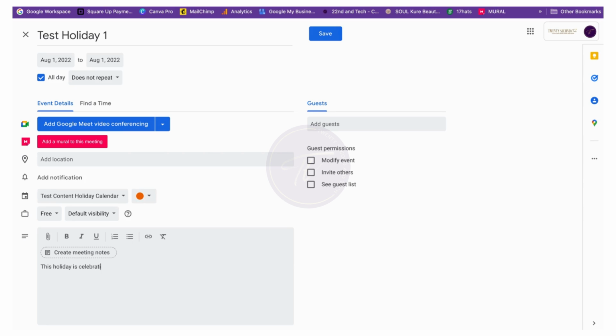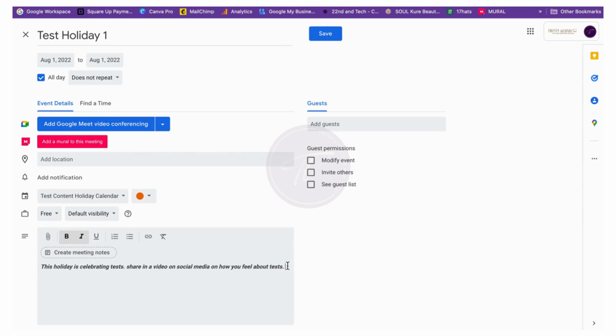Here, I'm going to just type a description. Say you're a social media coach and you want to give examples of what to post for this particular day. All of that good jazz can go into this section, so that when they open up this particular holiday on their calendar, it's going to tell them whatever information you're sharing with them. Say you're currently sharing your content calendar with a PDF or something. You can put it all in here, and you can hyperlink stuff,